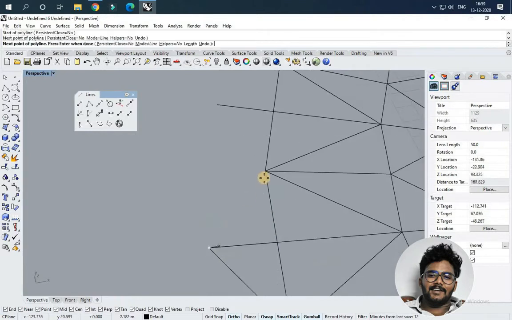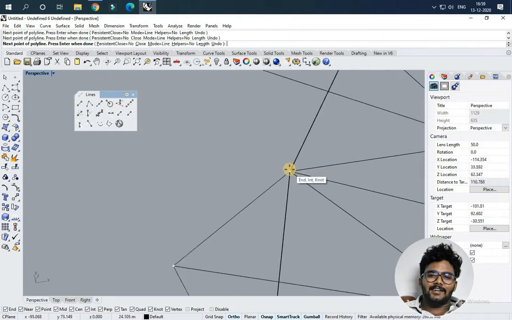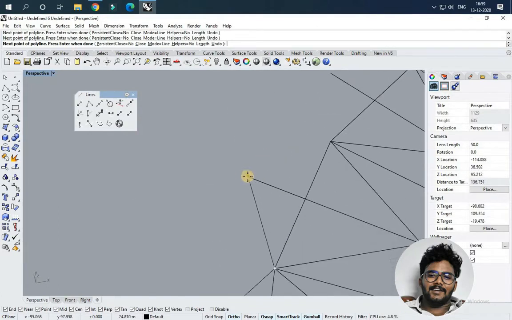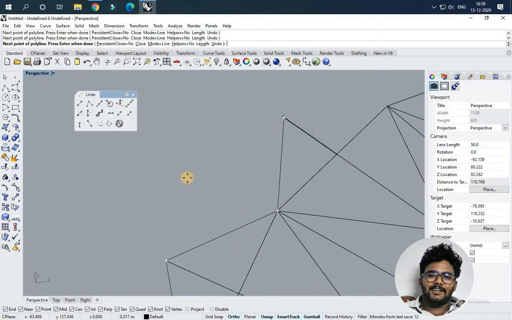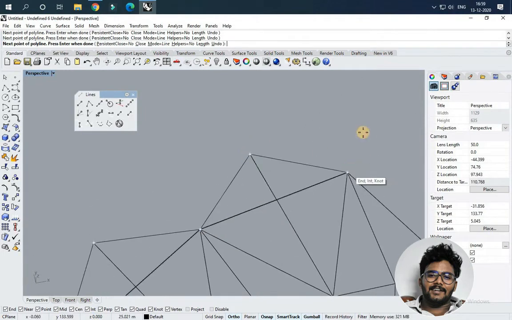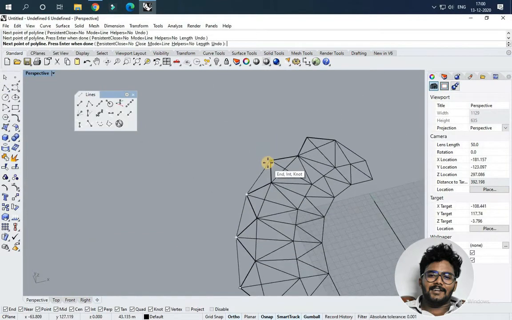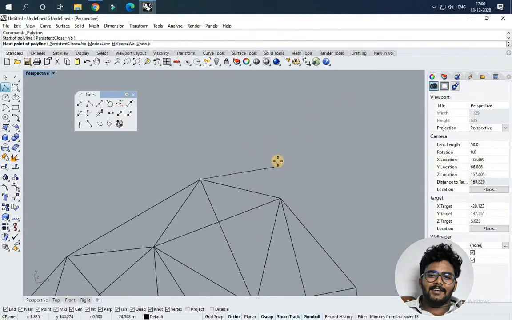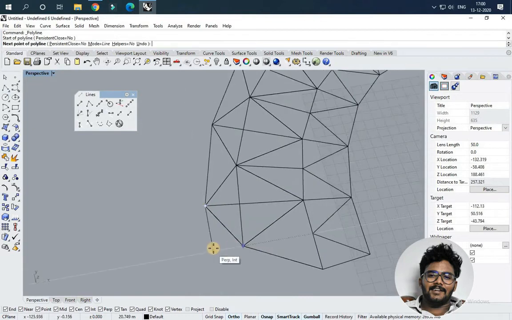So I'm using polyline again. I'm creating another triangular pattern with this 15 value. The triangle which I created before is around 30 and this one is 15, half of it. So the pattern is first a large triangle, then a medium one, sorry, a small one. So now I'm using polyline again. I'm joining all the corners of the triangle. And I'm using polyline again so that I can extend this point and join like this, in this axis.